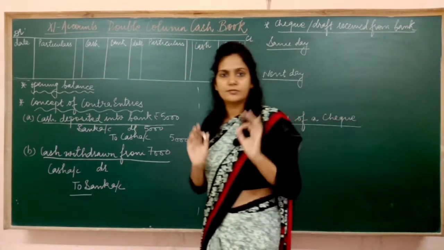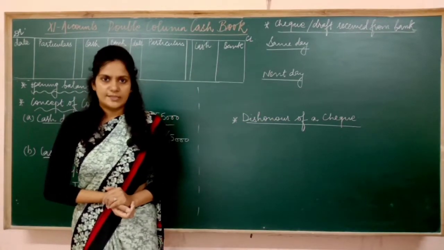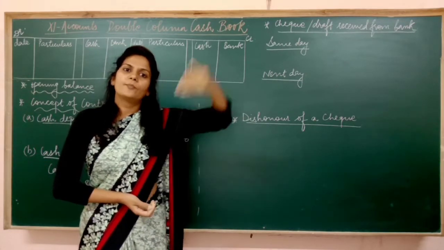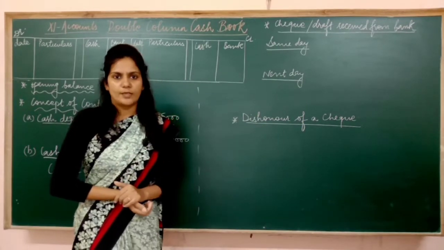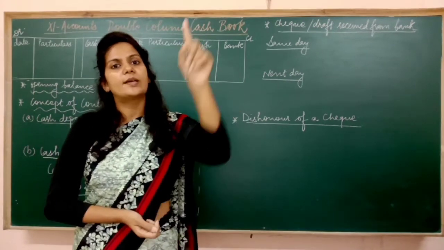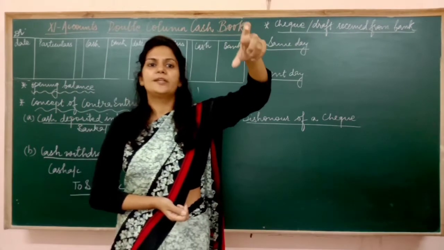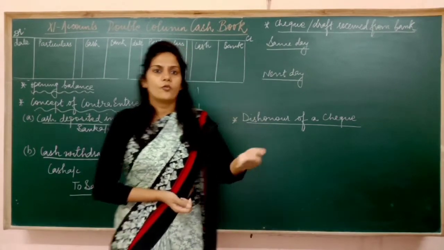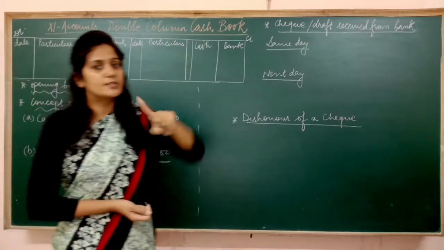So I hope till this point at least, things are clear to you. Cash book having bank column means that some banking transactions are there which your bank is recording, but you should also record it. For example, I can give you one more example. Suppose one of your customers has directly deposited the money in your HDFC bank. Now as cash flow is not coming into the business, obviously you will not record the transaction in the cash column, because this transaction did not bring cash into the business.